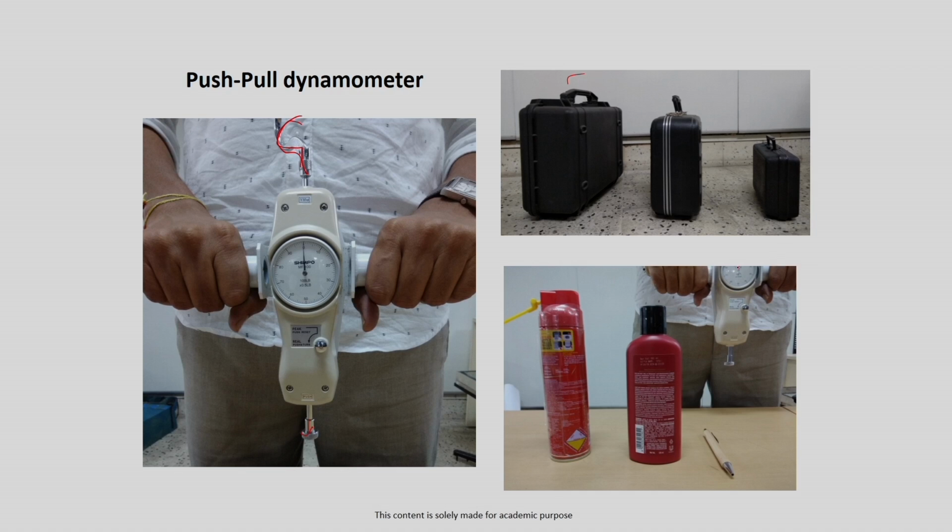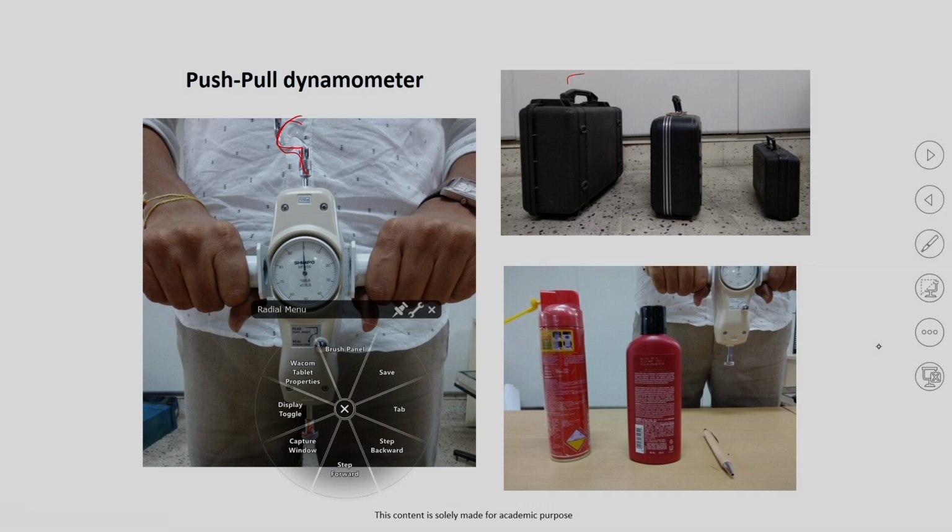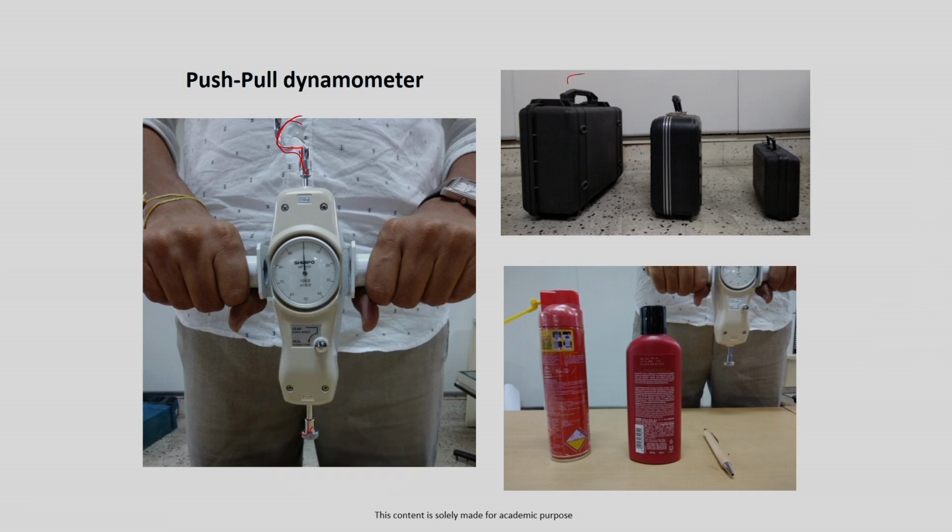So if we take this example, here are 3 examples where you need to push. This is a pen and these are some presses, you have to force this part or push this part to use this product. So when you are designing, in this type of case it is important to understand that if you are pushing with your thumb, whether that product is giving that much space, so that you can put your thumb, and the dimension should be compatible with the dimension of your thumb, so that you can put it and press it.